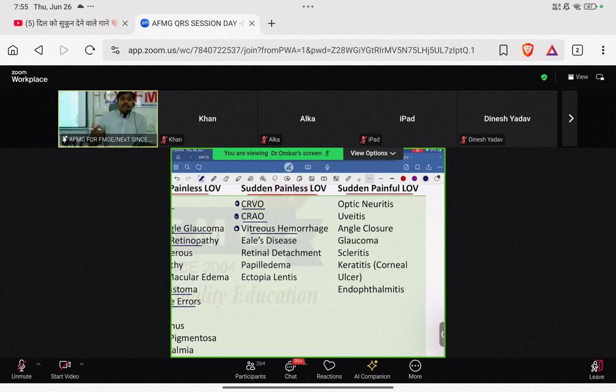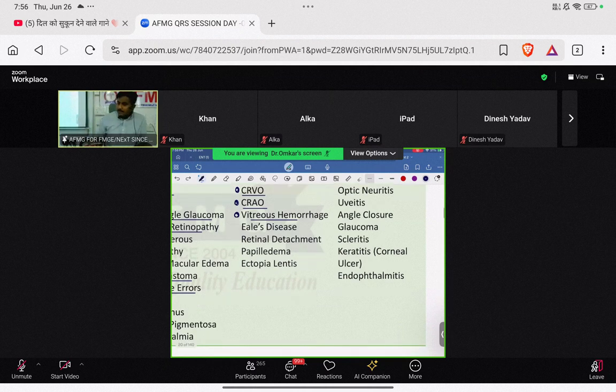Next, another condition where there will be a young patient coming to you with recurrent vitreous hemorrhage called Eales disease beta. So in Eales disease, a young male patient coming to you with recurrent vitreous hemorrhage will be the classical case. Again the patient will have sudden painless loss of vision. Next is retinal detachment. Remember, in retinal detachment the patient will have a sudden painless loss of vision and a very classical finding, the falling curtain sign. Okay, so there will be a very classical falling curtain sign which will be a feature of retinal detachment.